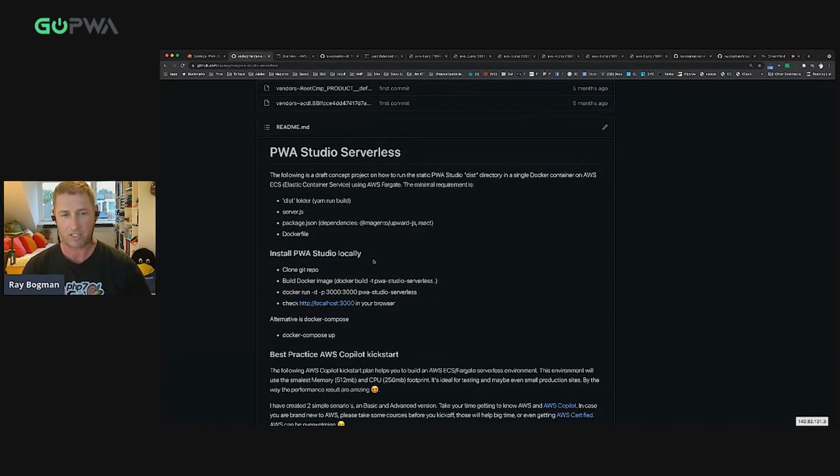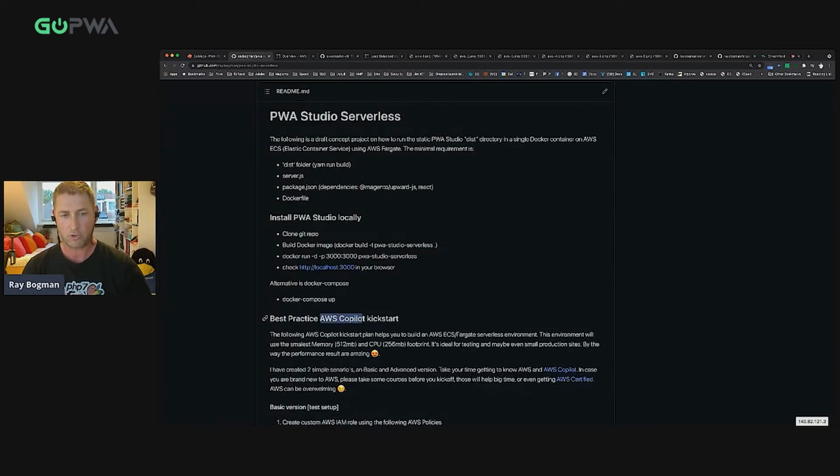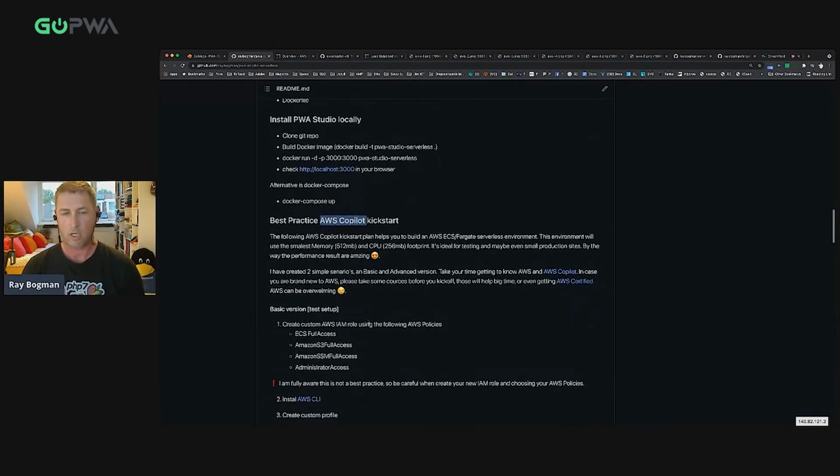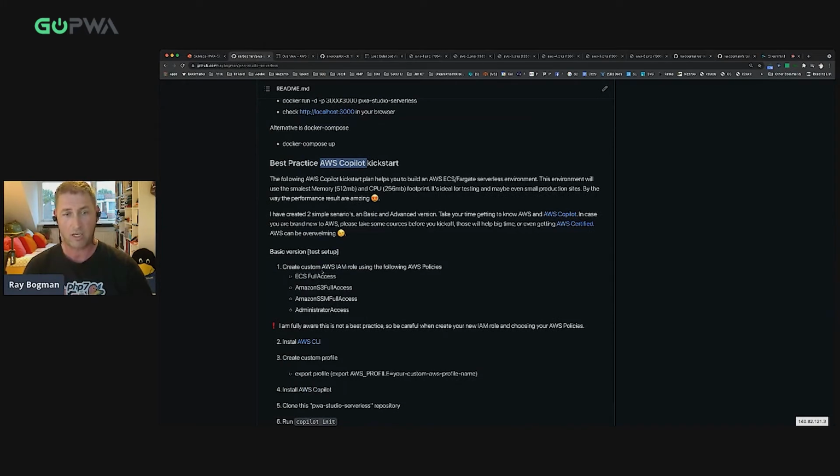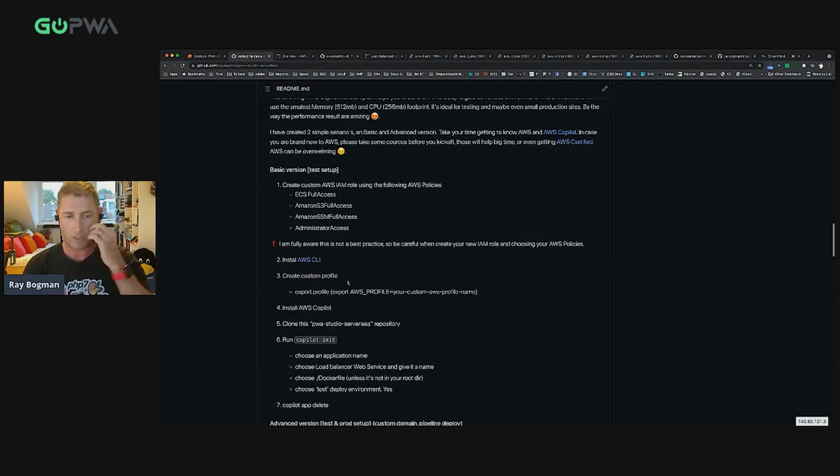So the best next step that we wanted to do is start using our AWS Copilot. And it's a really small file that you can install on your Mac, Windows or Linux distribution. I would say please have a look at the AWS Copilot tutorials itself. But following that, this is a guideline that I wanted to create, which AWS IAM rules are necessary, making sure that this works out of the box. So I would say please have a look again at the repository if you would like to continue that.